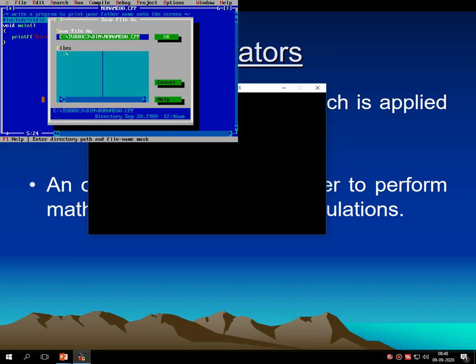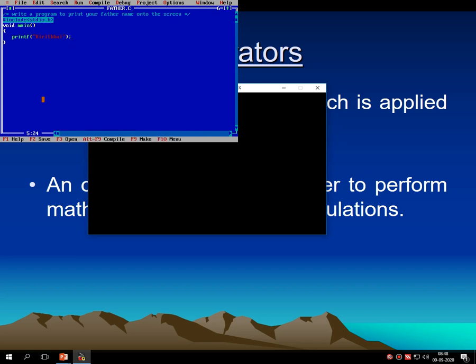I am saving this program with some meaningful name like father.c. I am using the fixed functions, that is clrscr as well as getch.